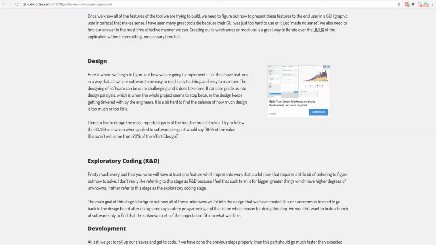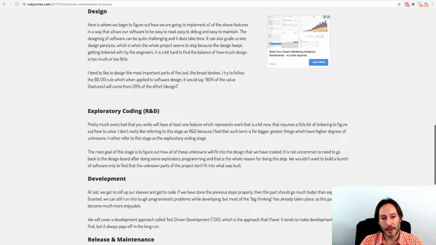But it is very, very useful, because a good design will allow you to not waste time coding things left and right. When you jump right into code, a lot of times you'll realize, oh, I coded myself into a corner, and I need to figure out how to make things work. A good design will allow you to not do that, and be a lot more efficient with your time.